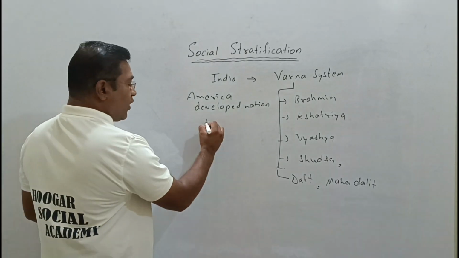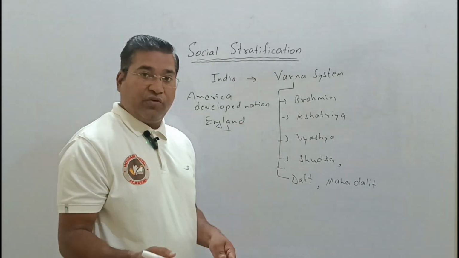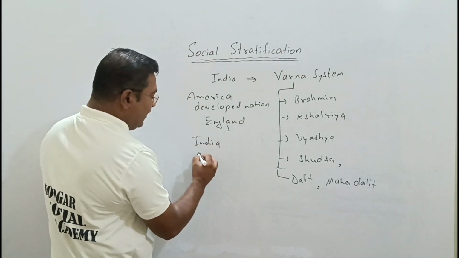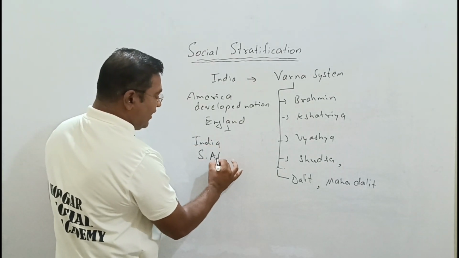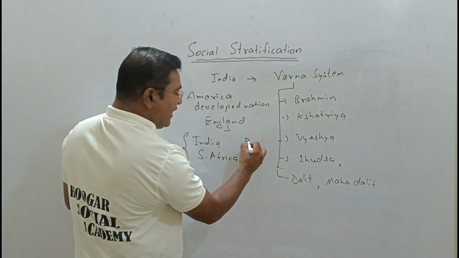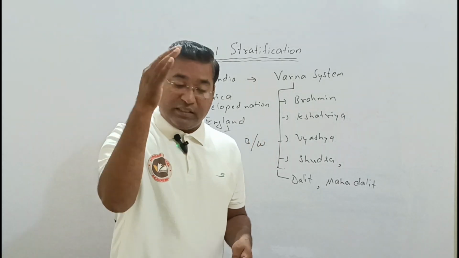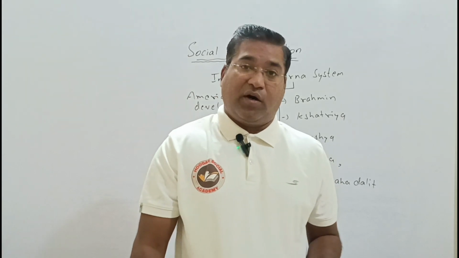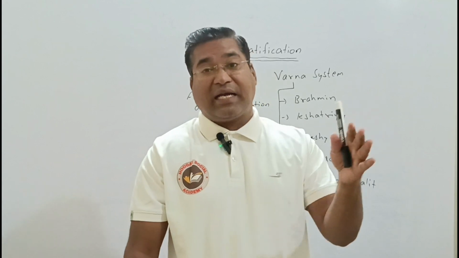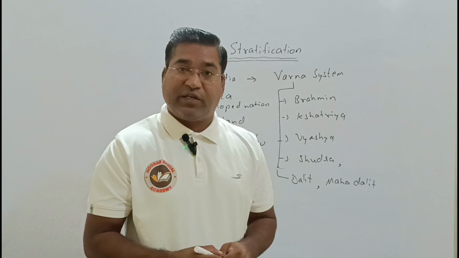If we talk about the country called England, England is the best example for us in the name of classifying. When they were ruling the country called India and the country called South Africa, it has been found that the British did the division in the name of black and white. It is mentioned by the British that blacks are born on this earth to serve whom? To the white. According to them, blacks are a burden on this earth. In such a form, classification was done.